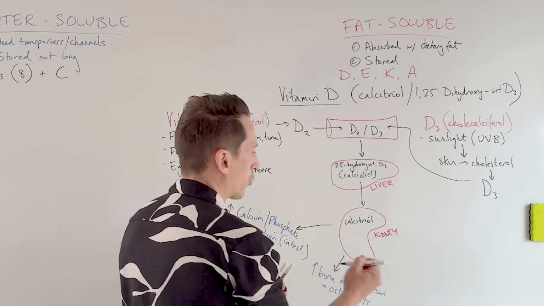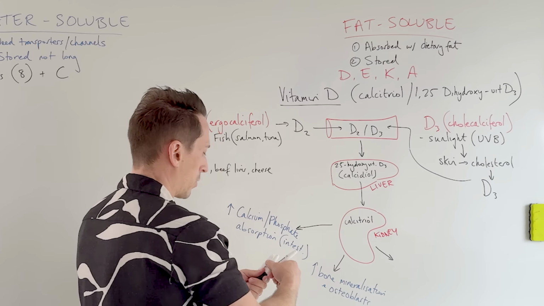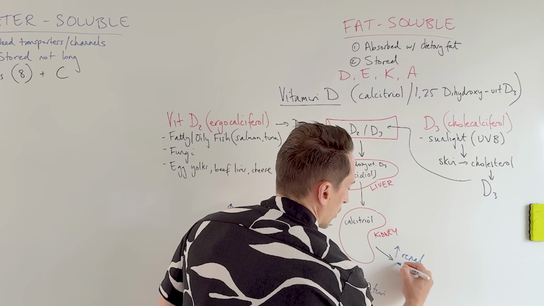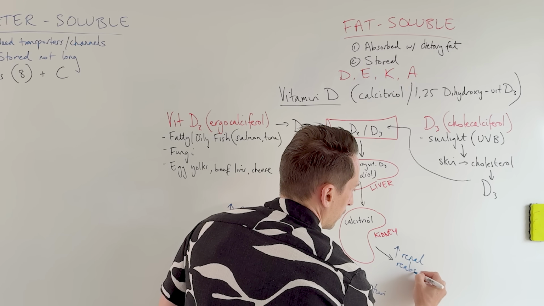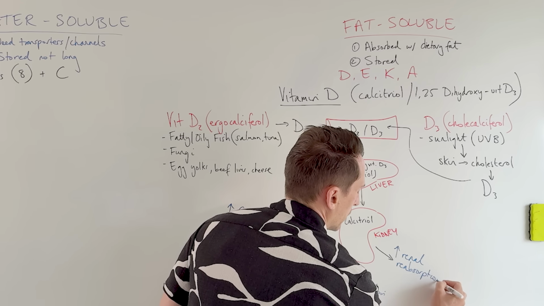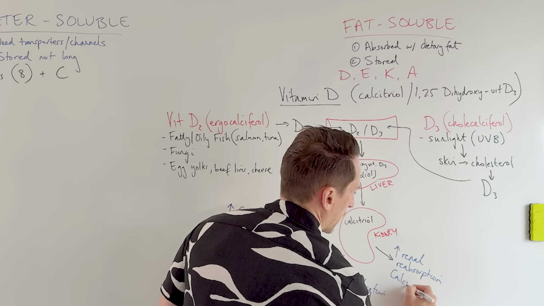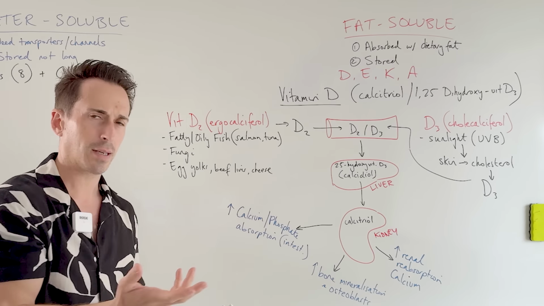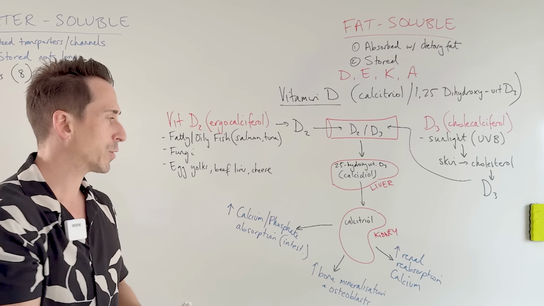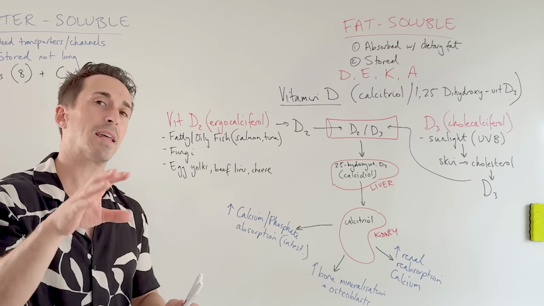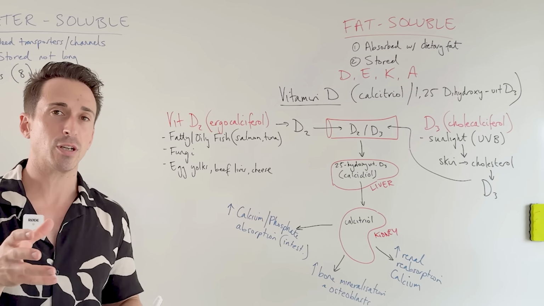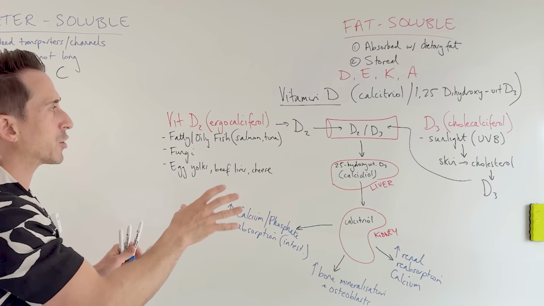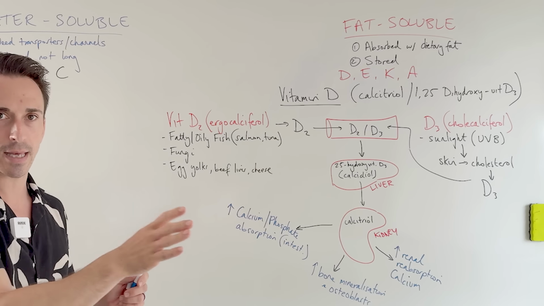It can also increase renal reabsorption. So it's saying don't pee out the calcium, reabsorb that calcium back into the body. So obviously vitamin D is really important for our blood calcium levels. Okay, it also plays a role in immune function, and it can help regulate or modulate immune function, but the specifics of that aren't well elucidated. So these are the main functions of vitamin D and the sources that they can come from.